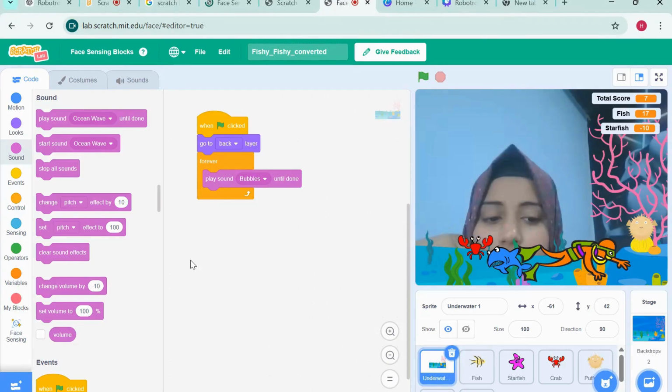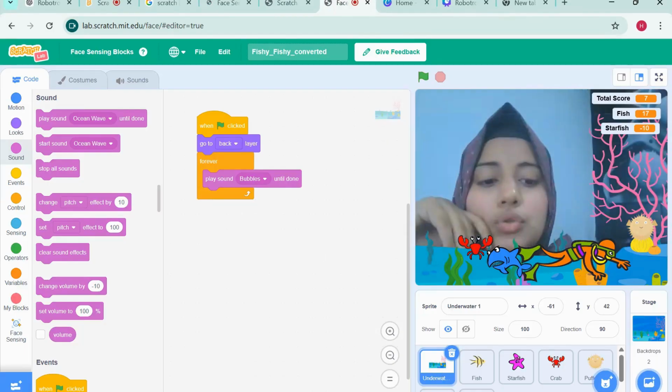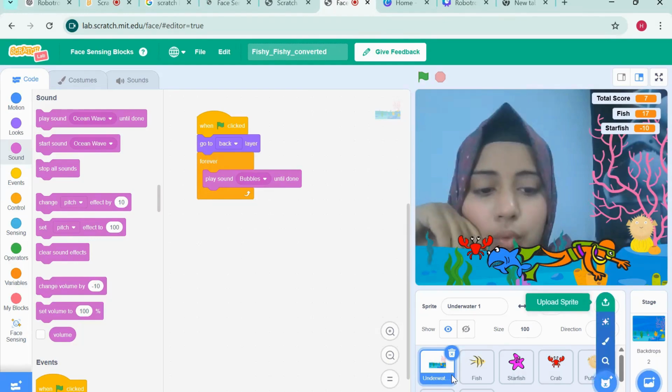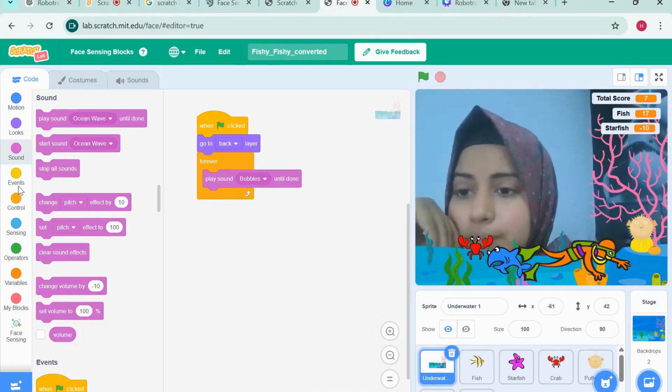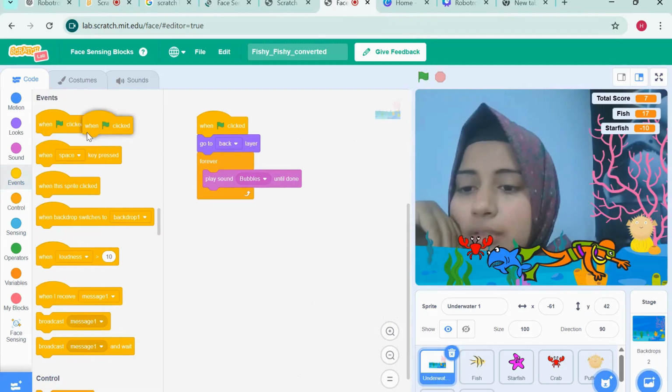For that, I am going to show you the picture of underwater. You just have to go to choose a sprite and then upload. Upload the picture of underwater, and then start doing the coding of underwater. For that, go to the events, drag the first one, when flag clicked. After that, go to the looks,